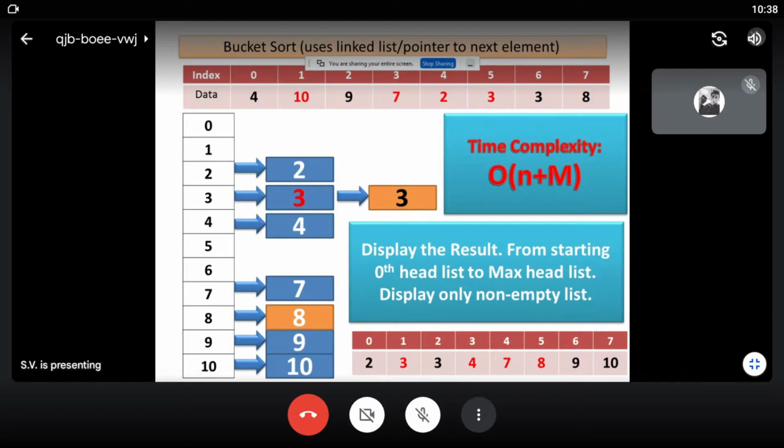So you can note down this time complexity. Most of the time in exams it is asked. So this is bucket sort. Any questions, participants, on the concept of bucket sort? Yes, participants, any questions? Or did you understand it?